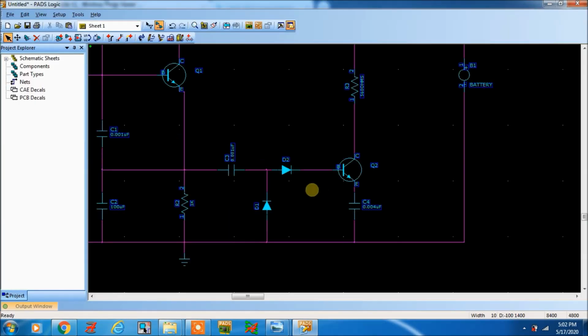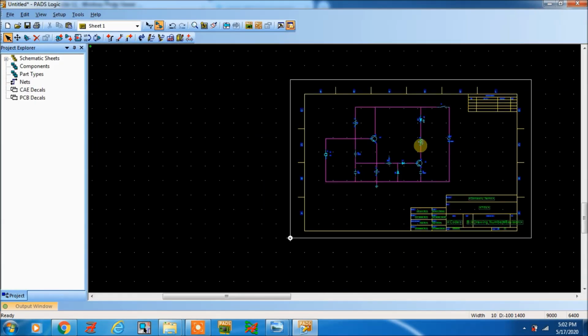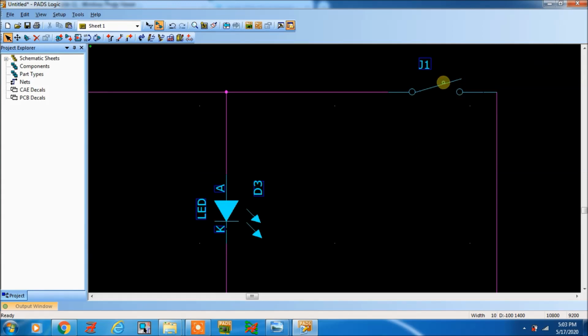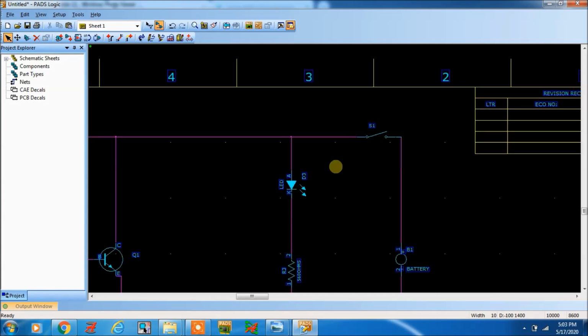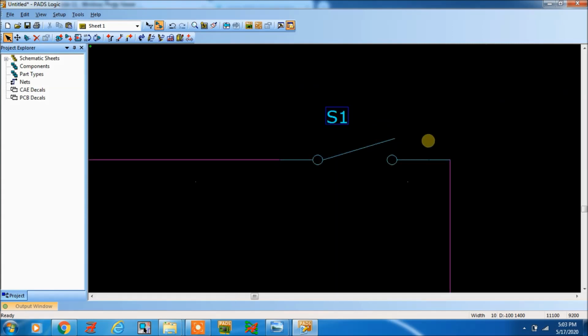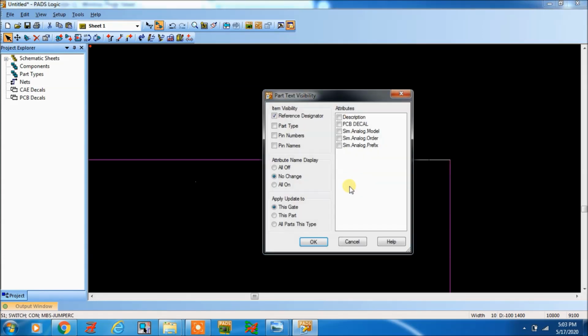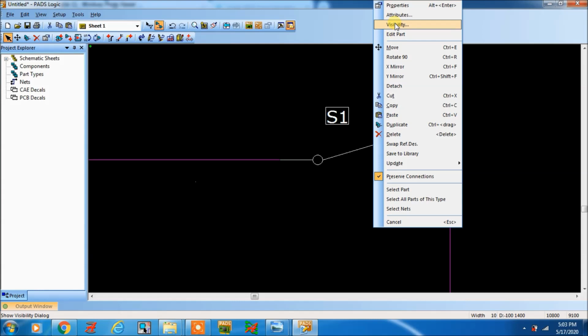S1 switch. So let's see where is S1. Here it is J1. We can change J1 to S1. Okay. Here you can see that only the ref is coming, the value is not coming. For this, what we can do, go to visibility, but in attributes the value has not been added. So we have to add the value.